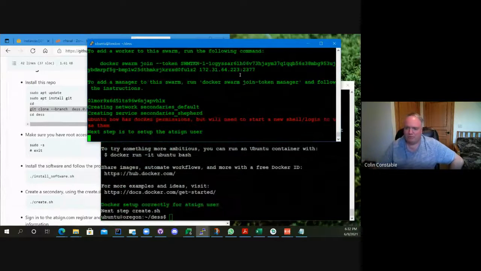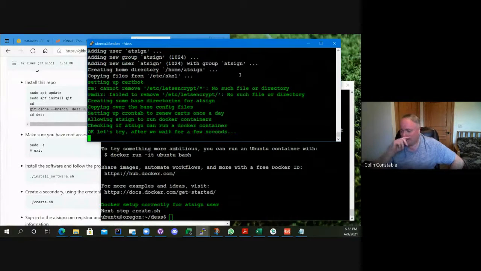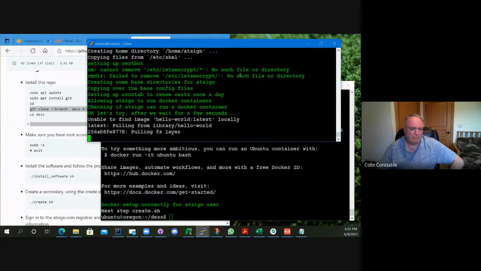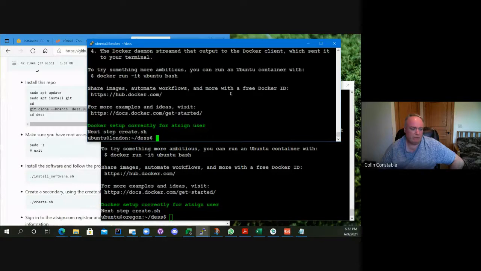So if you want to run your microservice at home, you need a machine to run it on. A Raspberry Pi is as good as any. I'm using a Pi 4 here. You can run a Pi 3 if you want. Just run Ubuntu, and then just cut and paste the same Git command, and the script will deal with everything and install everything. You can see that both machines now have Docker installed, and it's set up, and there's a brand new user called the @sign user. That looks like a good thing.